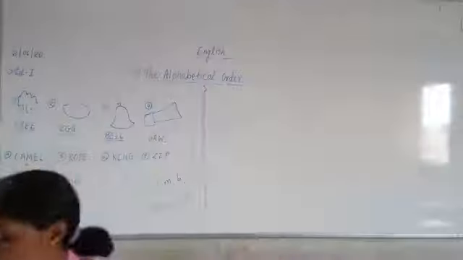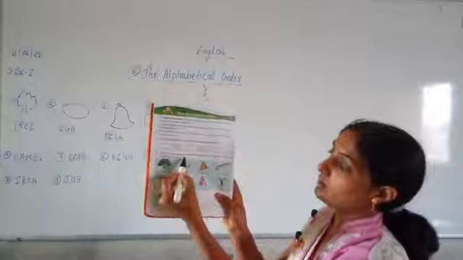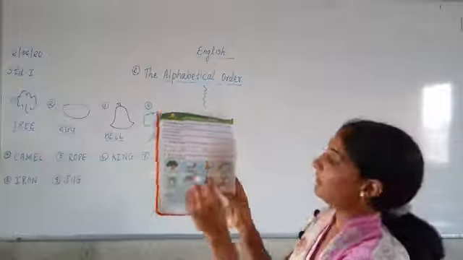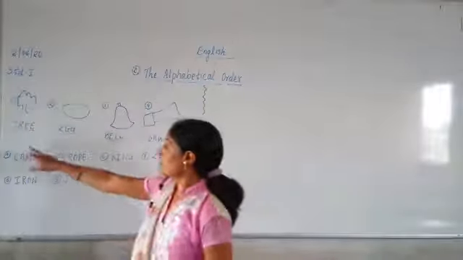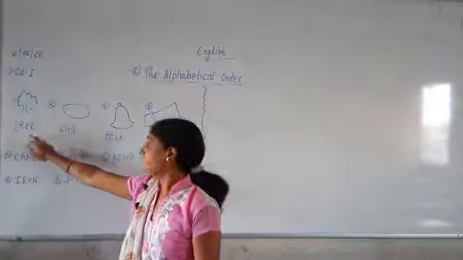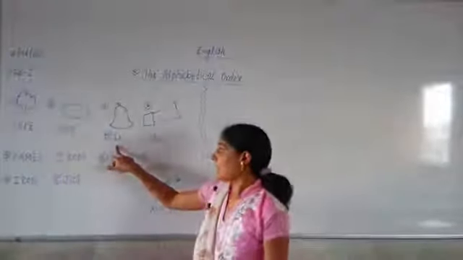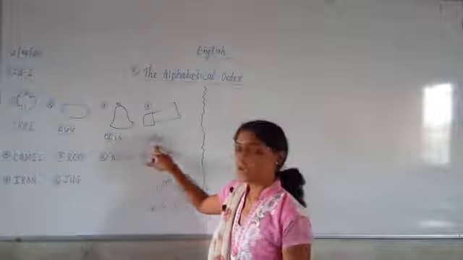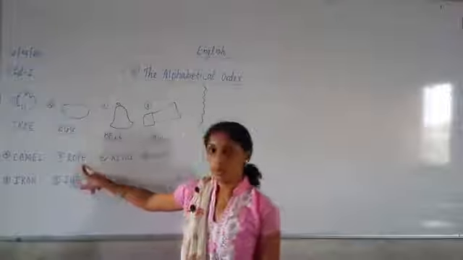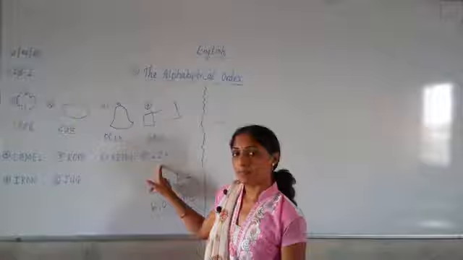And now there were some examples I had shown you yesterday. Here it was told to write down the word for each picture and then arrange the words in alphabetical order. The first picture was of a tree, T-R-E-E, tree. The second picture was an egg, E-G-G, egg. Next is bell, B-E-L-L. After that is saw, S-A-W, saw. The fourth one is camel. The fifth one is rope. The sixth one is king, K-I-N-G, king. The seventh one is zip, Z-I-P, zip.